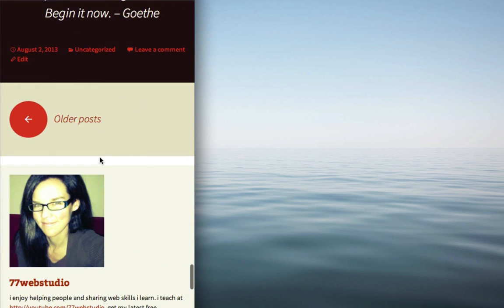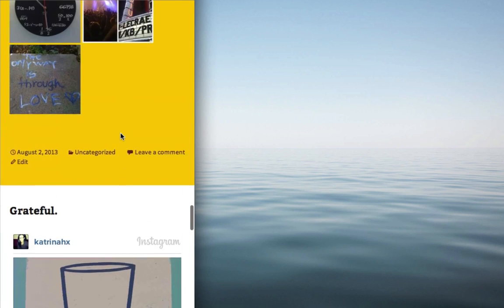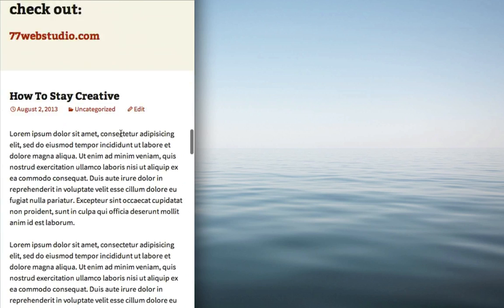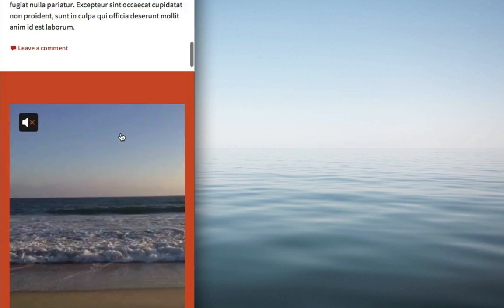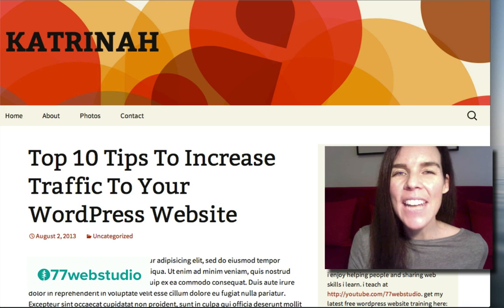So that is what is referred to as a responsive website, and these days it's really important to make sure that your website is responsive because more and more we're all using our mobile devices to access the web. And the good news is that this theme, the 2013 theme, because it is responsive, will be accessible to pretty much anyone who's surfing the web on any kind of device. So this is what we're headed toward in this video.